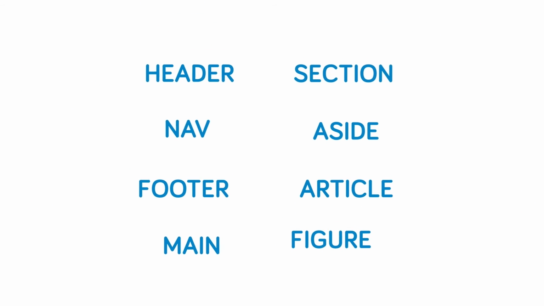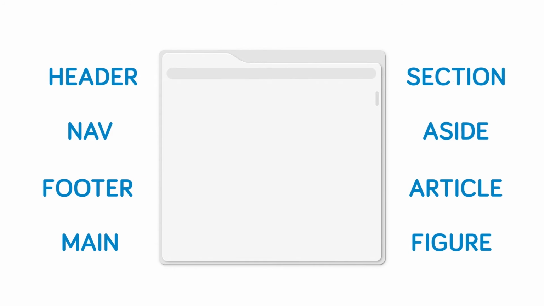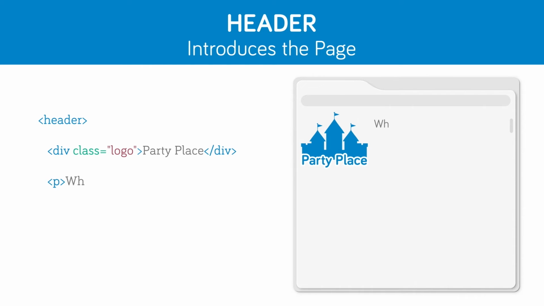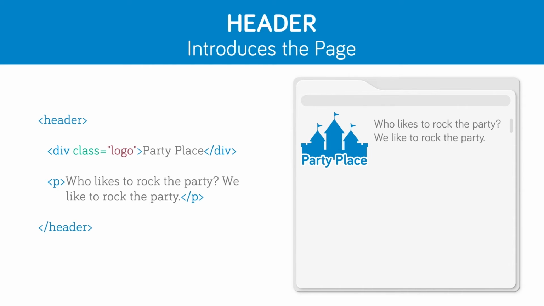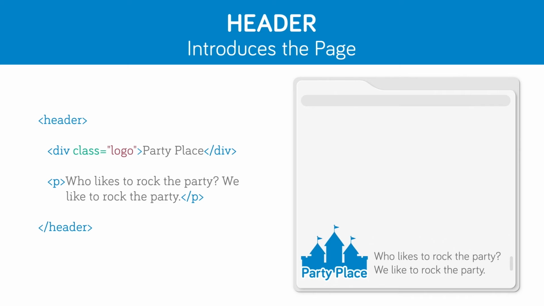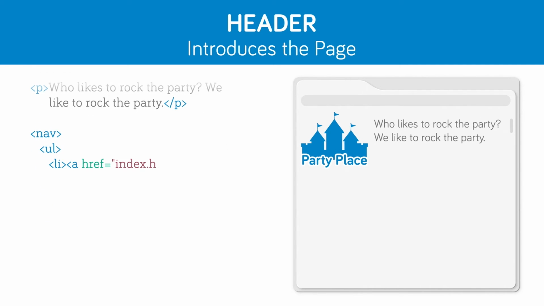Now that we've met all of the semantic elements, let's take a look at an example web page to see how they might be used. Let's start with a header element to introduce the page. To start, we'll have it contain the site logo and tagline. You frequently see headers at the top of a page, but it can be anywhere, on the side, or even at the bottom. Inside the header, let's go ahead and add the main site navigation as well,